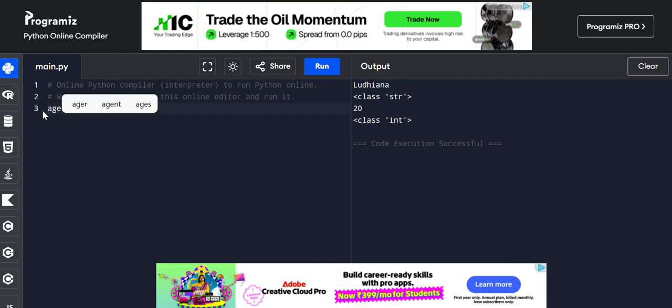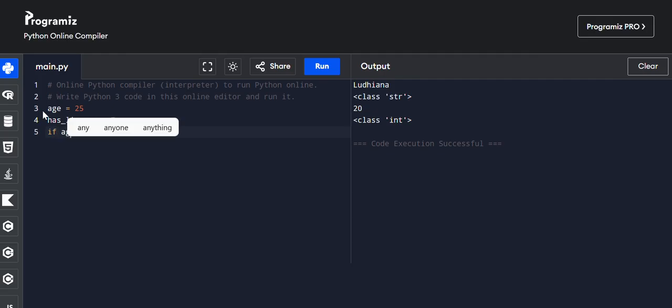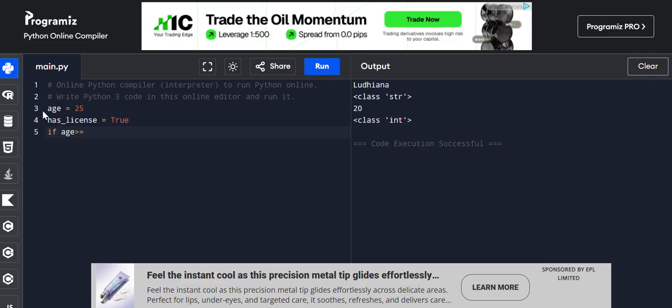So first let's take age is 25. Okay, has license, like you told them already, if he has license or not, it is true. Okay, and then you write if age is greater than or equal to 18 and has license, then put a colon. Then see, it automatically came